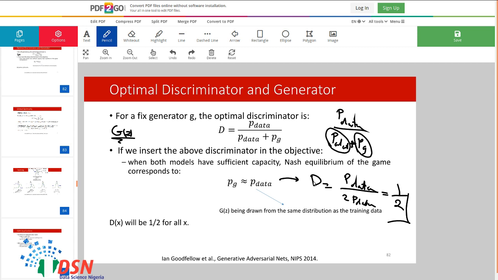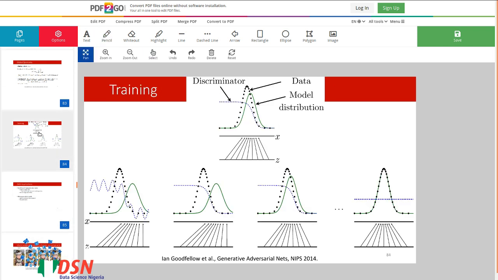In this case, for 50% of the data which comes from the true distribution, the discriminator could tell us correctly, but for fake samples, it will actually be fooled by the generator.